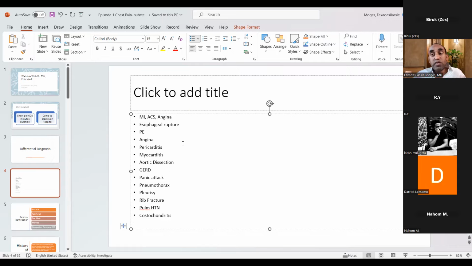So esophageal rupture could be at the top of the differential diagnosis based on the limited information we have. Acute onset substernal chest pain could be spontaneous esophageal rupture. We don't know the circumstances. We will see later on. So we may kick it out, we may keep it, we may keep it up, we may keep it down. Okay. But what about GERD, gastroesophageal reflux disease?